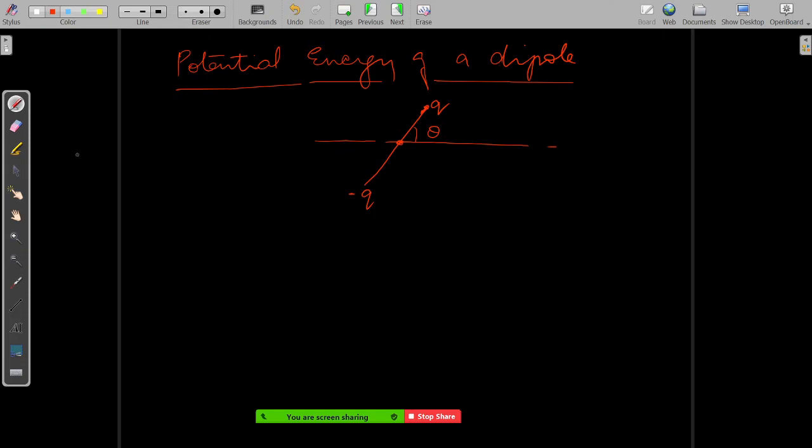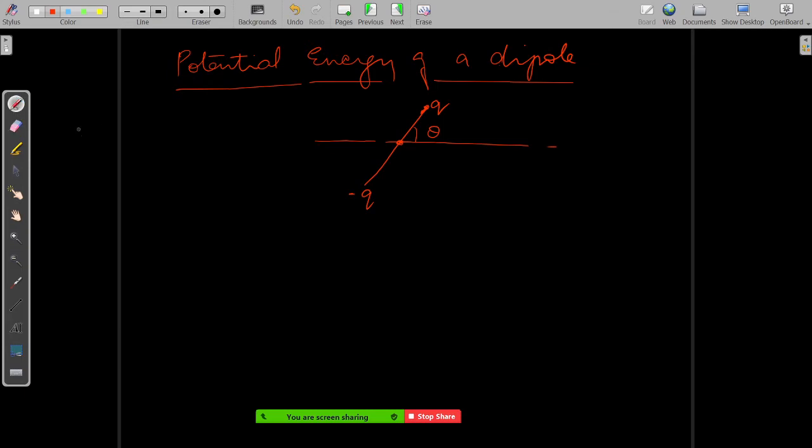Okay. So now the thing is, how did we, in the previous examples and also with individual charges, calculate potential energy? What we did basically is we took some small work done. We knew that the change in potential energy is equal to the negative of the work done by the internal force. This is how we started calculating the potential energy stored in the body, right? Here also we'll do the same thing.